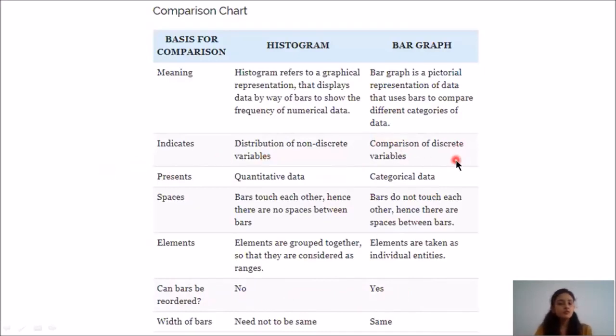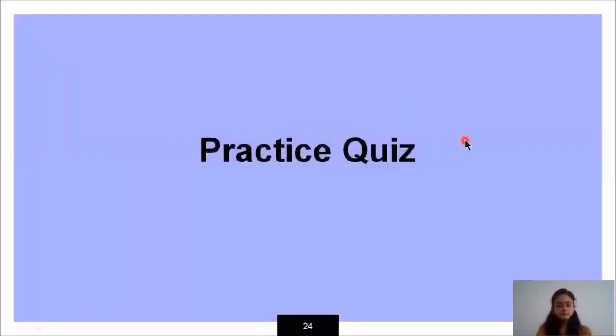So this is used for the discrete values, that is the values which are not continuous, and this is used for the continuous values. So it is written non-discrete variables. Age is a non-discrete variable because it is continuous, whereas the drugs are discrete variables because there are some gaps between the different categories. So categorical and discrete will lie in the same one, and quantitative and non-discrete will lie in another one.